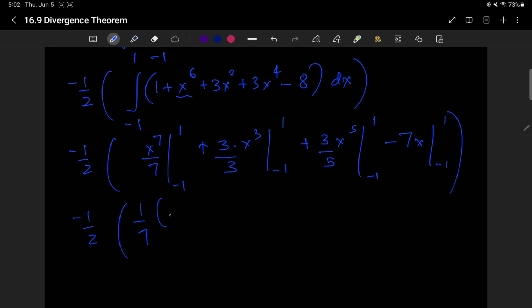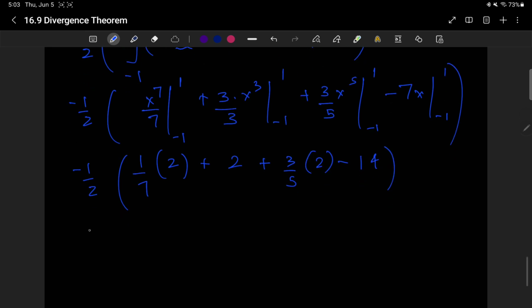You get a 1/7. These are all odd powers, which means when you plug in 1, you get 1. When you plug in negative 1, you get negative 1. But because you're subtracting, they're just going to add up. So this will be 1 plus 1, so giving you 2, and then another 2, and then another 2, and then another 2. So you have negative half,